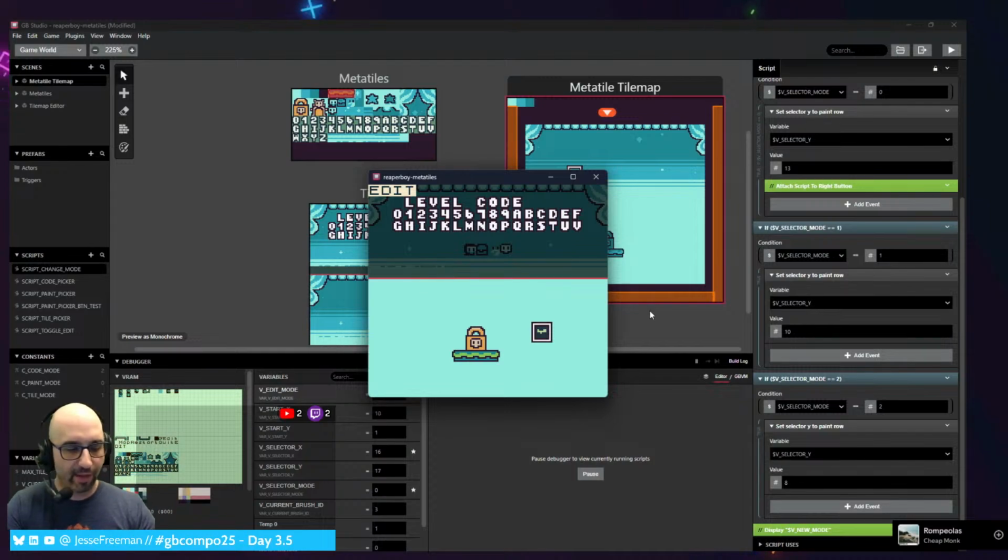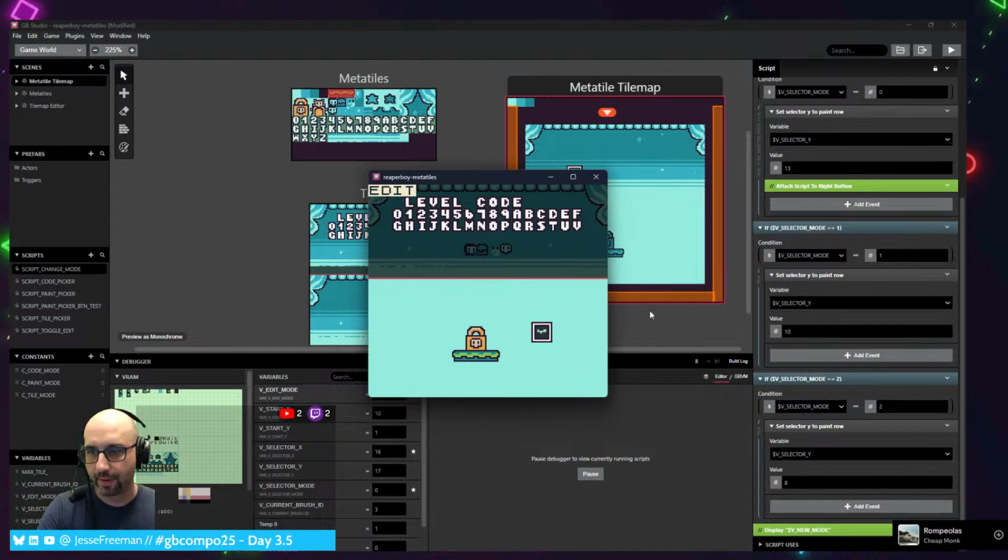And one of the things I was thinking about is if you're holding down select and hitting A, and holding select, A and B would shift back and forth between the tiles to paint with, and then hitting A would, yeah,